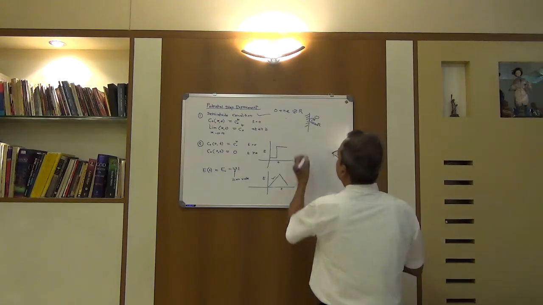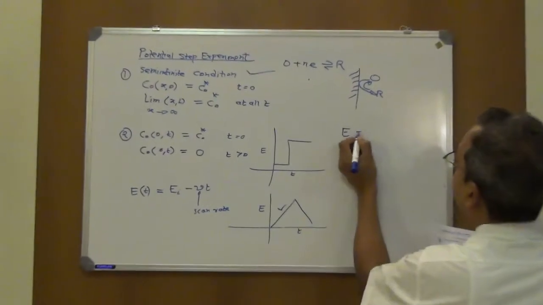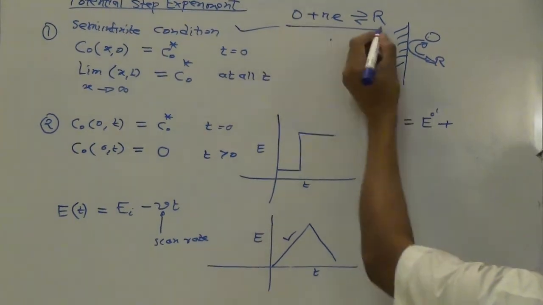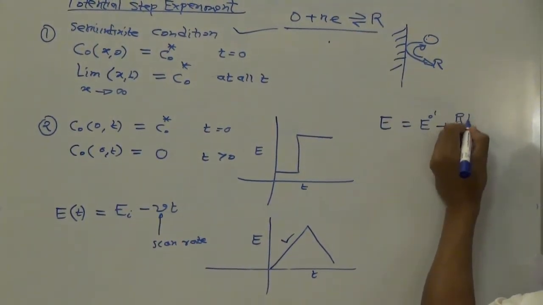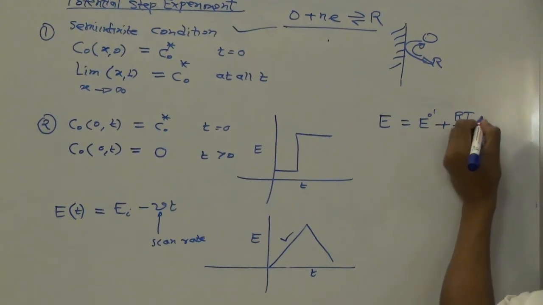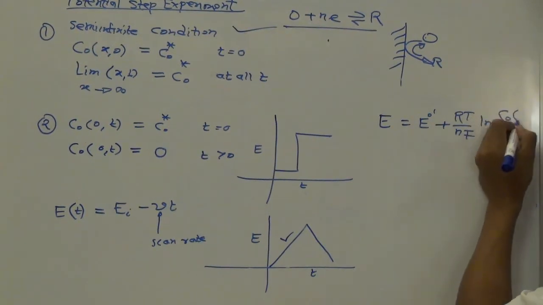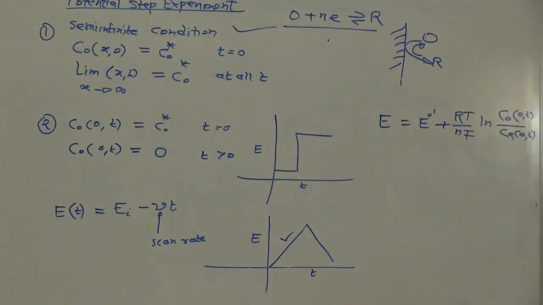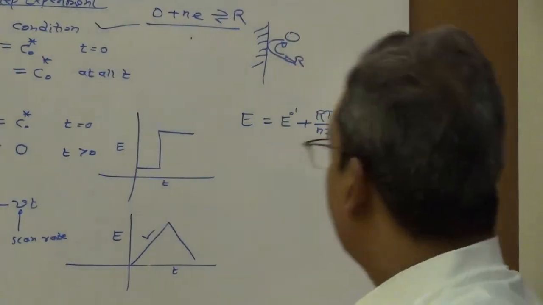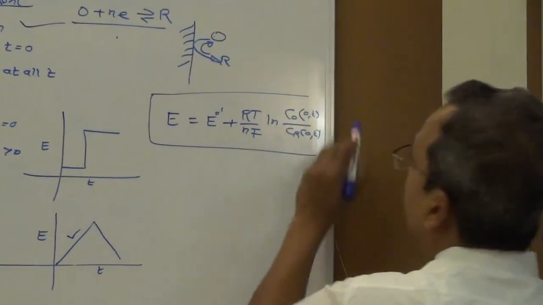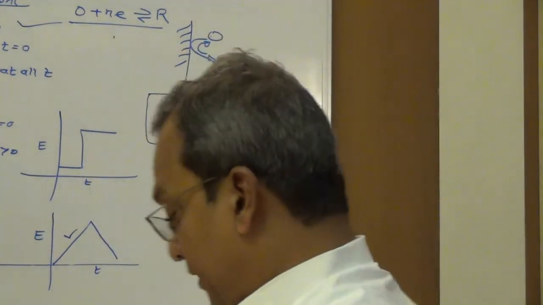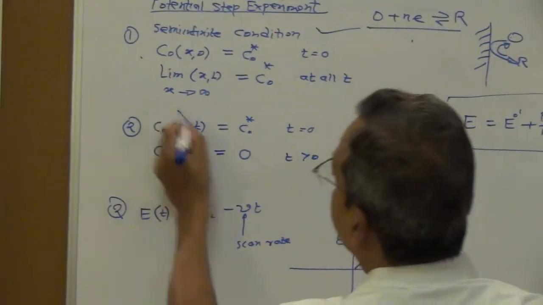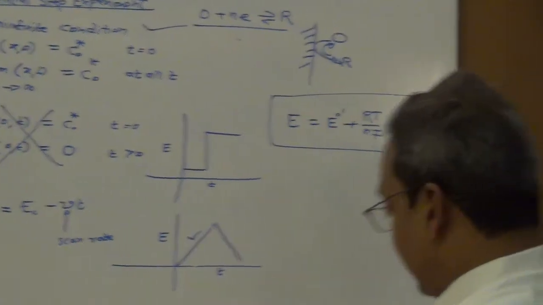So at each and every step what I have is this condition, if you remember: E equals E0 dash, plus RT by nF, ln of C_O(0,t) upon C_R(0,t). That is the surface concentration of O and R at time t. This is the Nernst equation we are talking about, and it is satisfied at all times. This is basically my third condition. This is the first condition, this is my second condition, which is replaced by this condition for cyclic voltammetry, and this is my third condition.